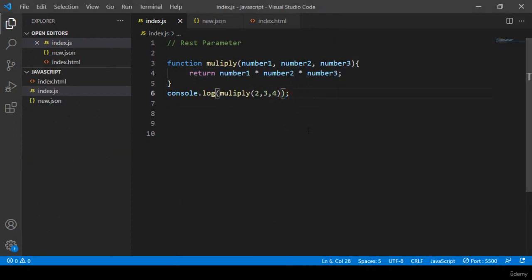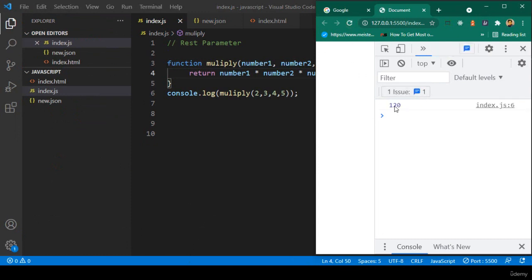Right now there are three arguments. If you have another argument, for example a fourth argument, I make it 5. Then what exactly do you have to do? Again we have to create another parameter, the fourth, and also add it to the multiplication. After that, if you click save all, it displays the result 120,